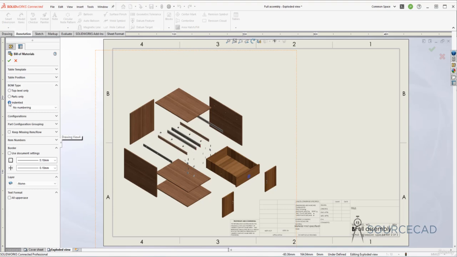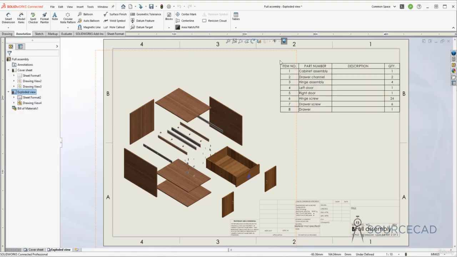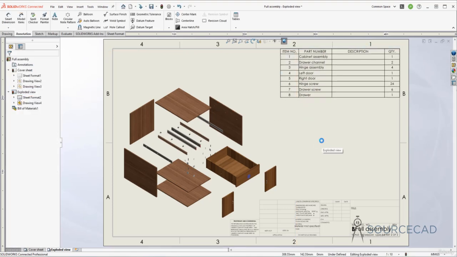Now let me show you what this thing is. So first, let's start with top level, and I'm not going to select anything else. I'll simply click OK, and let's just move it here. As you can see, the list is quite small, and these are all the components here with top level. So we have cabinet assembly, which is a complete assembly containing several components. Then we have drawer channel, again with several components. We have drawer channel, and there are 2 drawer channels, one on left, one on right, but every single drawer channel has several components, which is well not available in this bill of